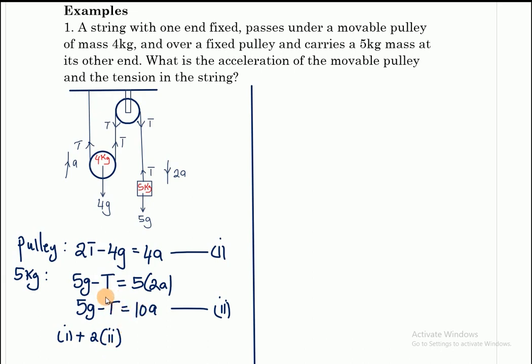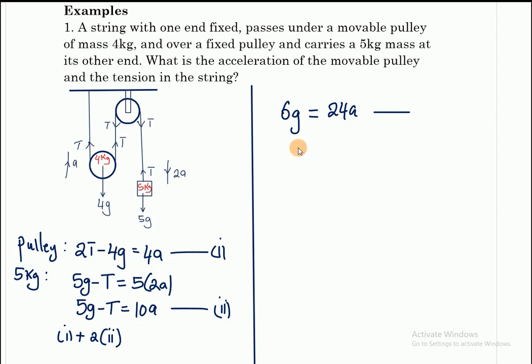Because when we do that, we shall have a 2t here, which is negative, and we add it to a positive 2t, and we shall be eliminating the t's. So when we work out that, like the way we have suggested here, we shall have 4g, which is negative, plus 2 times that is 10g. So you have negative 4g plus 10g, that one is 6g, and that is on the left hand side. And on the right, 2 of this one is 20 plus the 4, that is getting us 24